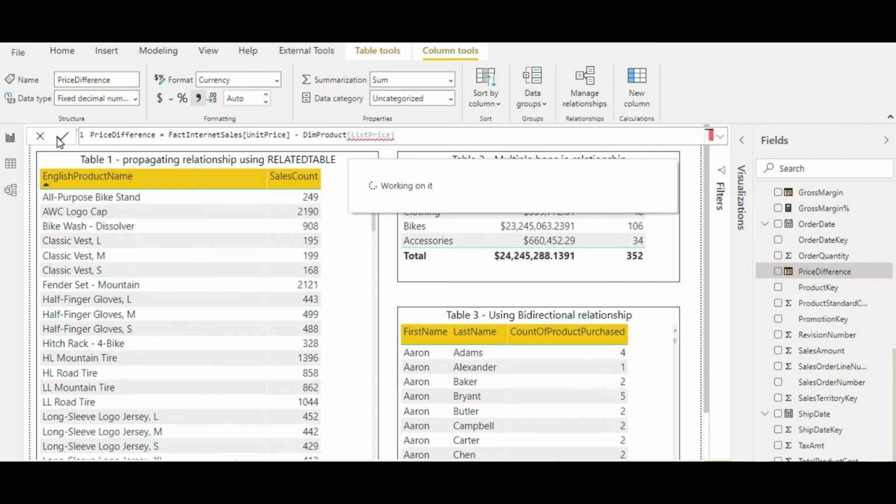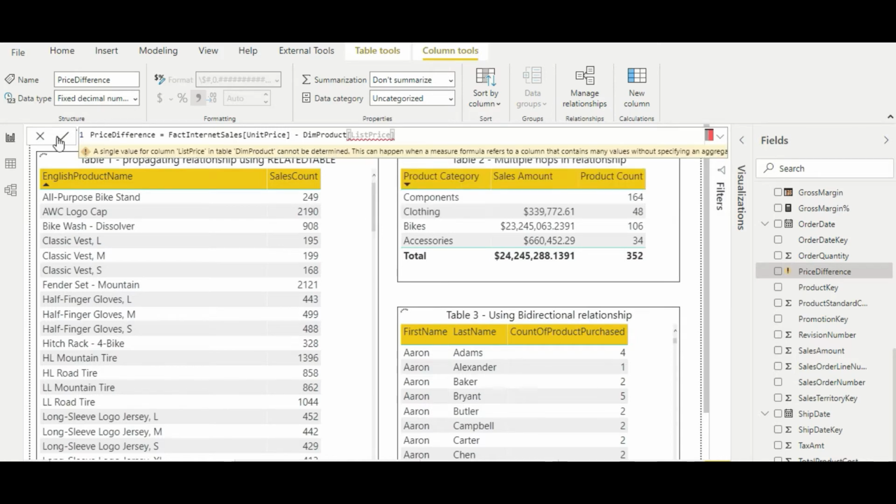It will give an error that it cannot find this particular column. Since we are creating a calculated column, there is an implicit row context created by the calculated column, and in this row context, in order to access the value from another table, we have to use the RELATED function so as to propagate the row context to the other table. So as you can see the error, let me switch back to the previous code.